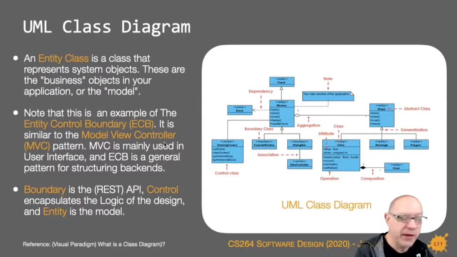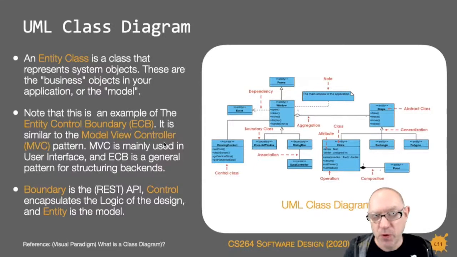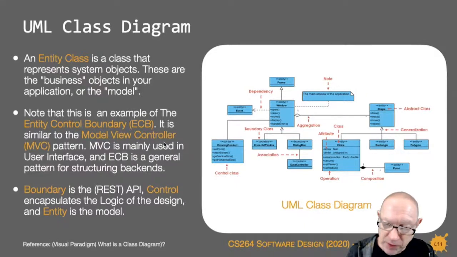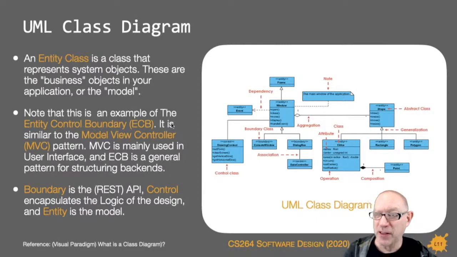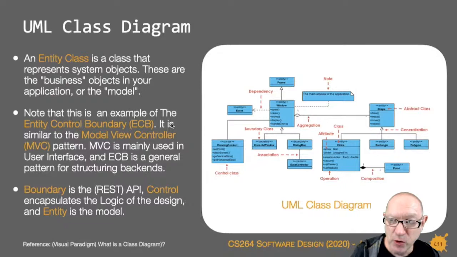An entity class is a class that represents system objects. These are just like the classes that you've been working with already, and they're essentially the business objects, or the logic, or your model. If you think of those as the model, I've used the term model view controller earlier as well, that we've seen in our web dev. But this particular diagram here is an example of the entity control boundary